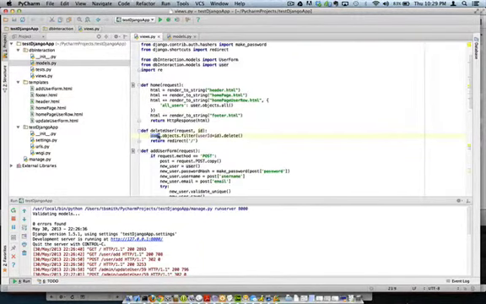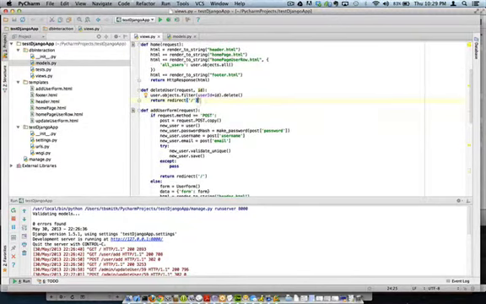So I'm asking for that table, and .objects gets all of the things in the table, but then I'm filtering by only objects where the user ID is equal to the ID, and since that's my primary key, there's only going to be one of those, and so I'm going to take that object and delete it, and then I'm returning this redirect. So redirect returns an HTTP response object, and I'm telling it where to go, and I'm just sending it back to the root URL in the browser, and that's where all the